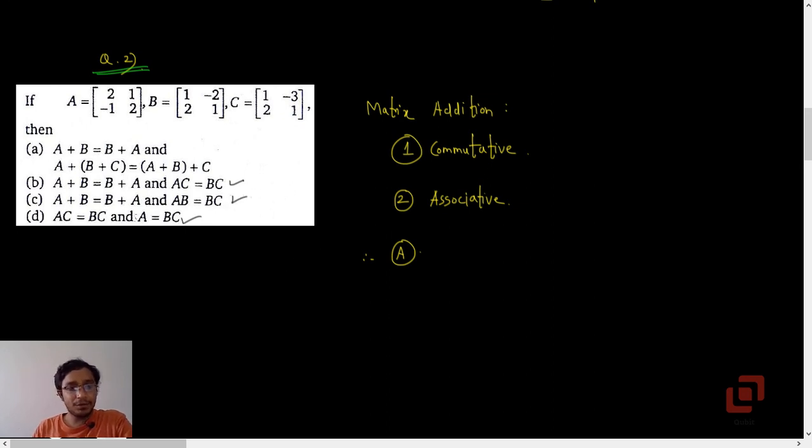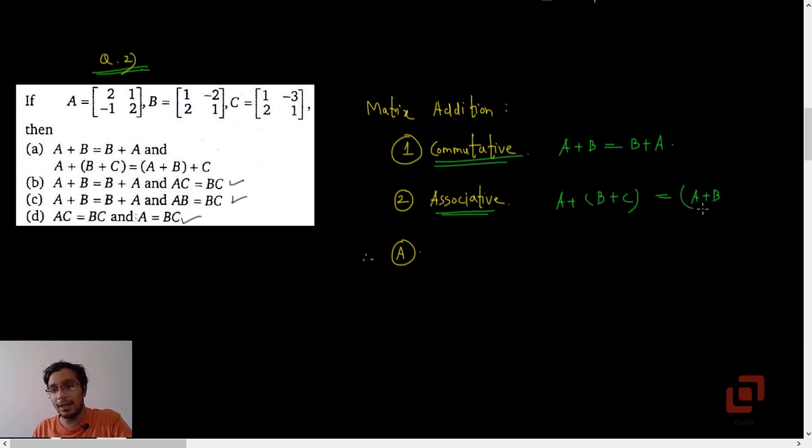So if you know the properties of matrix addition, that it is commutative, that means A plus B equals B plus A, and is associative, that means if we have three matrices, then it doesn't matter whether you add B and C first and then add A to that, or whether you add A and B first and then add C to that. Because matrix addition is commutative and associative,